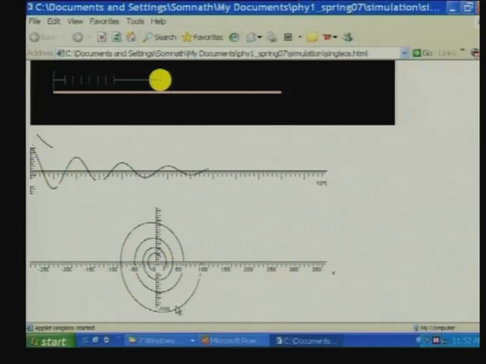And in phase space, the particle slowly spirals in towards the center. It is no longer an ellipse. The particle slowly spirals in towards the center of phase space, towards the equilibrium position where x is equal to 0 and v is equal to 0. It never really gets there, it takes infinite time to reach there, but it slowly spirals in. So, notice that the amplitude decays exponentially as the oscillation proceeds.